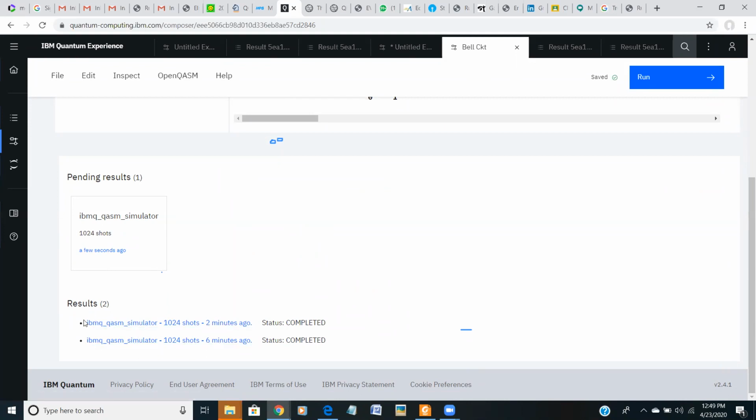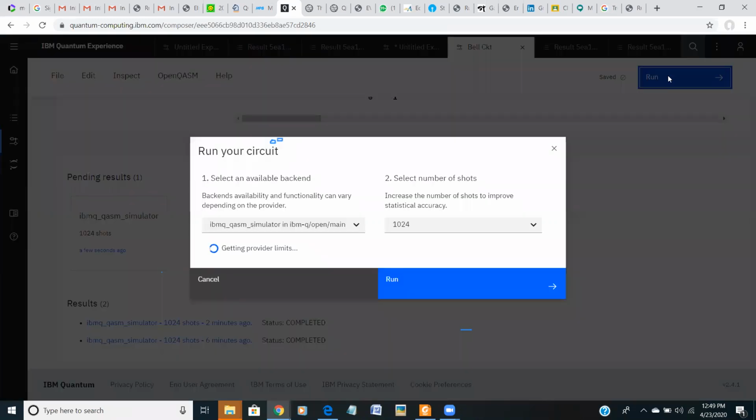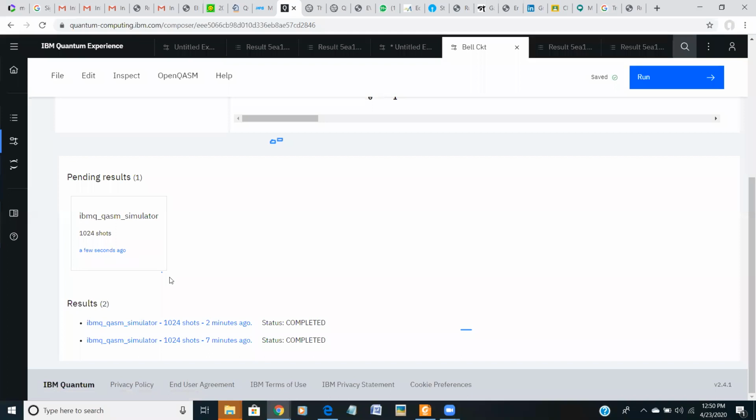We already ran 2 times for the same circuit, so there are 2 different results. Why is it taking so much time? Because before you, there are 5 jobs assigned. If you notice there, this is the remaining jobs. So your turn will be 6. Then your program will be complete.